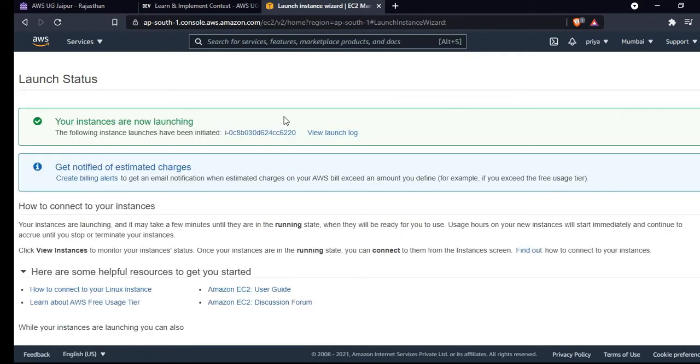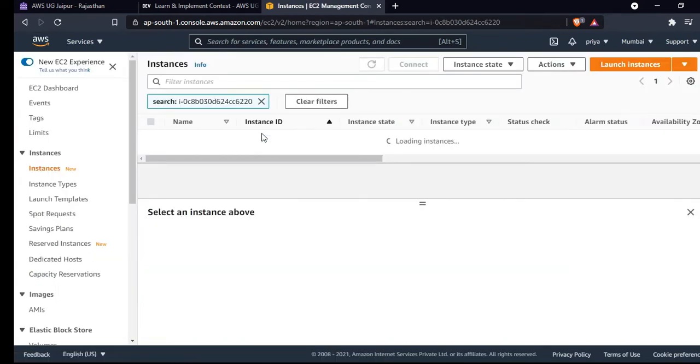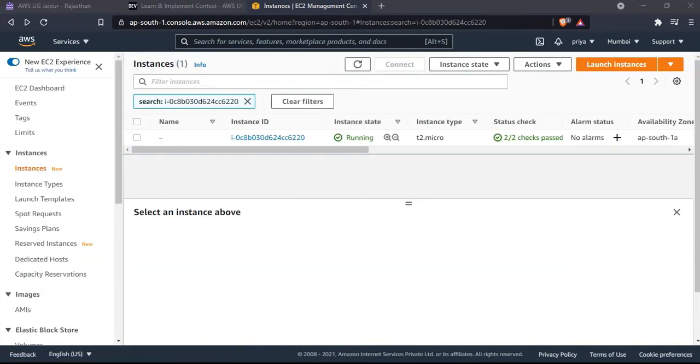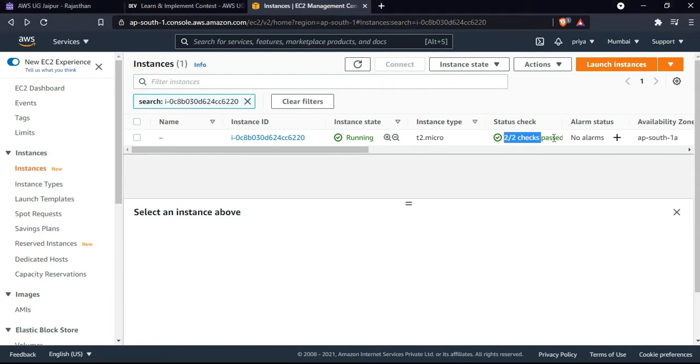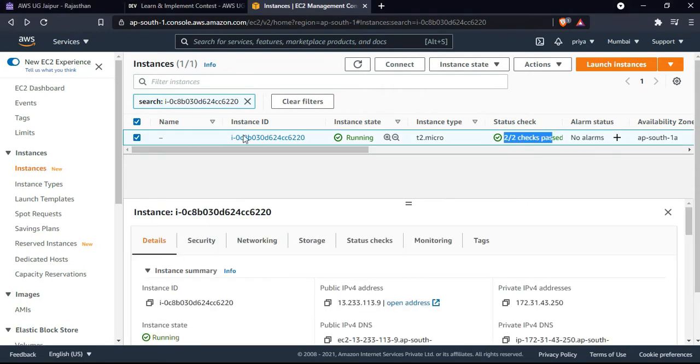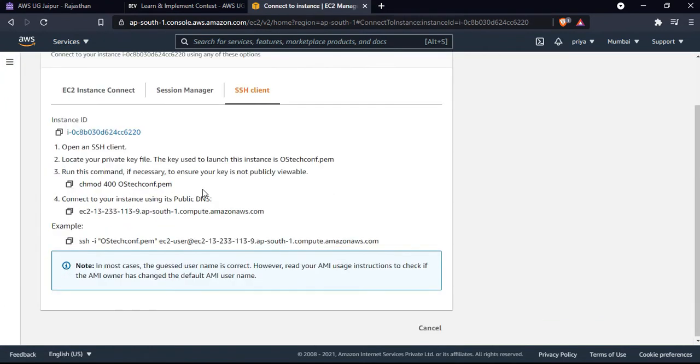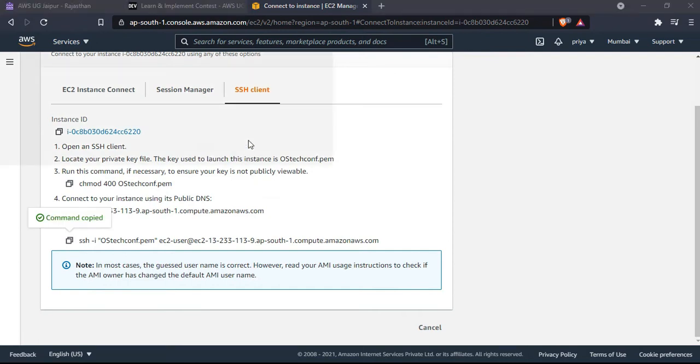It will take some time for this instance to be ready. So let's wait. Now it's ready. It will take approximately 3 to 5 minutes for this instance to be ready. So just click on this and connect. Click on connect, and from here you can take the SSH command. Just copy this command and